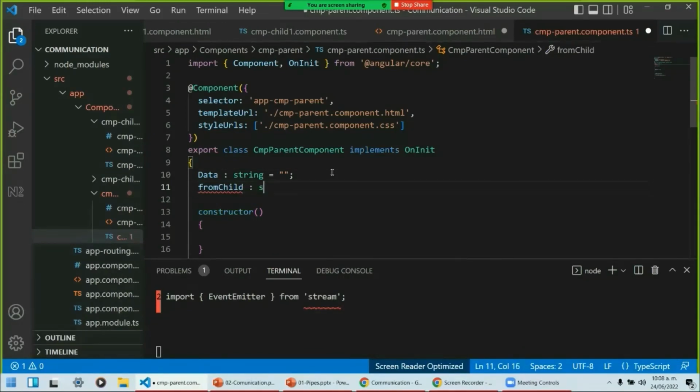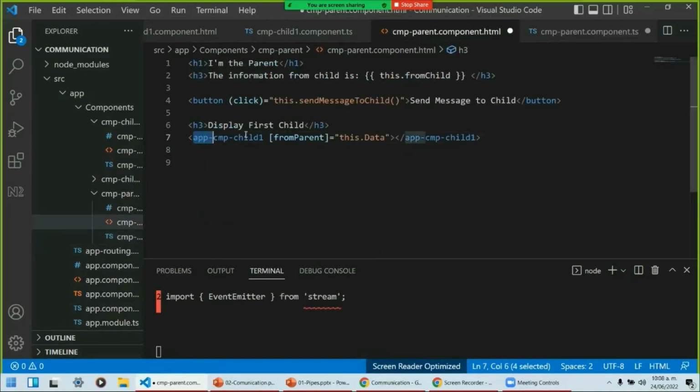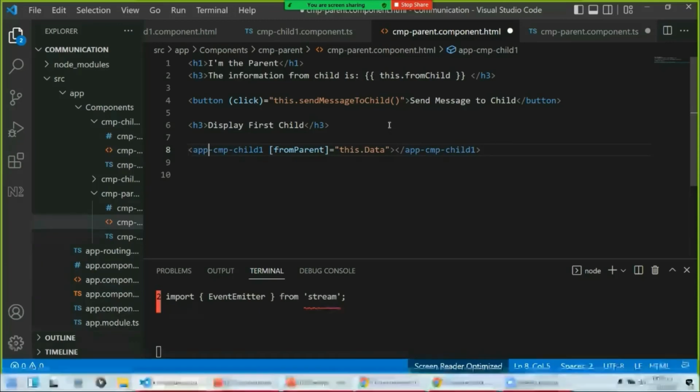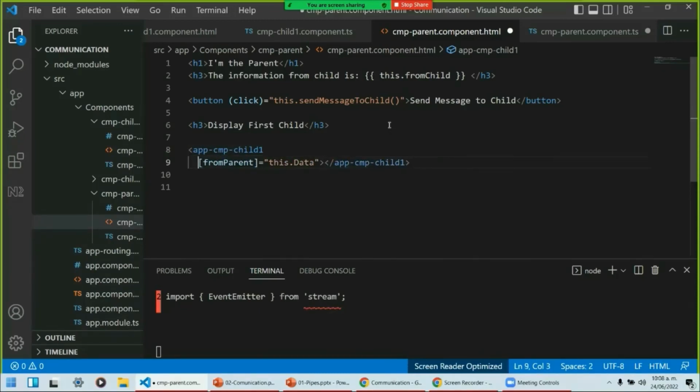fromChild, the string, is empty. And how can we catch the information? Well, when you display the child component here, at this point, you are sending information through